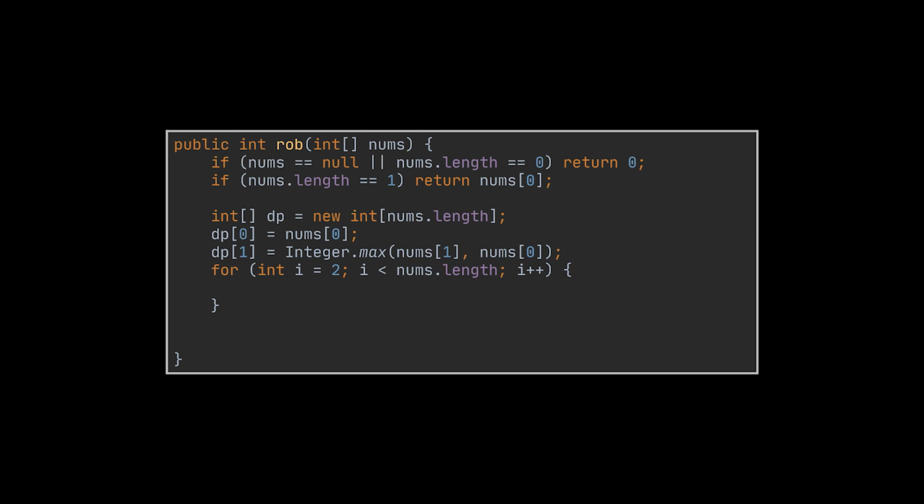So, all we must do is loop over that array starting at the third position, and set the number at this position to be the maximum between the current money stashed plus the amount at i-2 and the amount at i-1. Finally, the answer we seek will be found at the last position of this array, representing the fact that we wandered around all the houses.